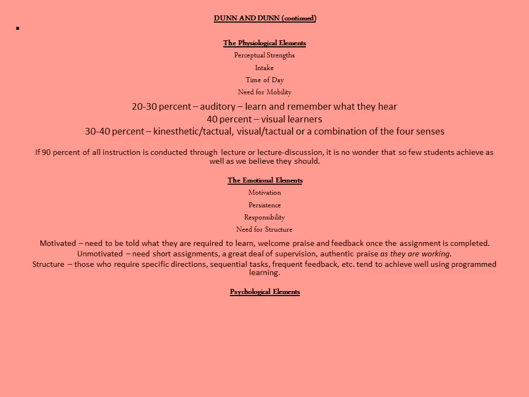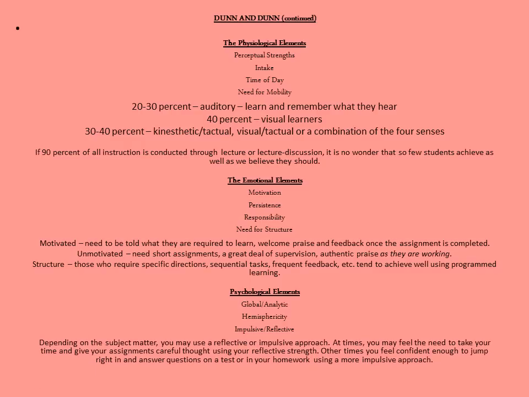The final set of elements are the psychological elements. These actually came along a little later for Dunn and Dunn, but nonetheless we're talking about global analytic, hemisphericity, or impulsive reflective. And to use those as an example, depending on the subject matter, you may use a reflective or impulsive approach. There are going to be some assignments that you'll really need to spend some time thinking about, organizing,